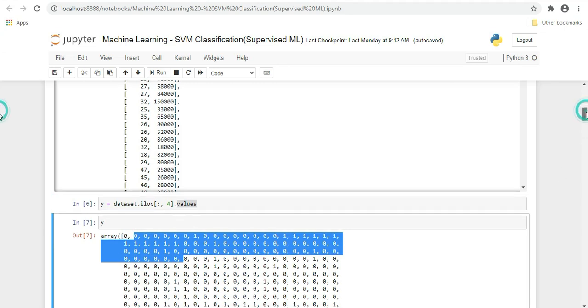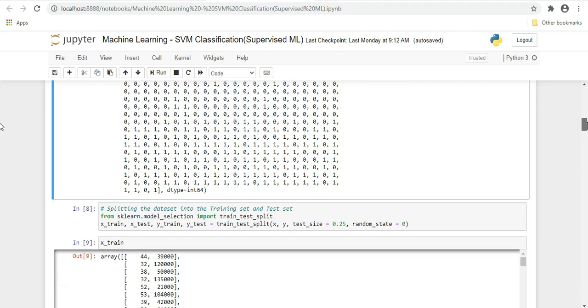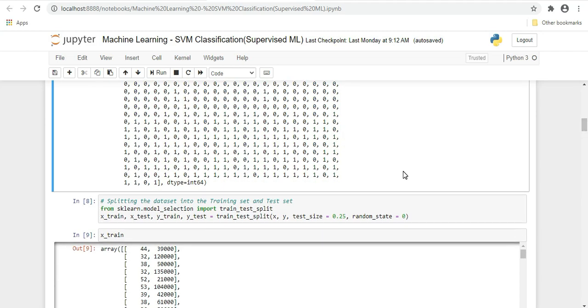Now we will split our dataset. From sklearn.model_selection, we will import train_test_split, then x_train, x_test, y_train, y_test. These are variables. This is a function which we will use to split our dataset into training and testing datasets. So x, y, test size is 25%, random state equal to 0.